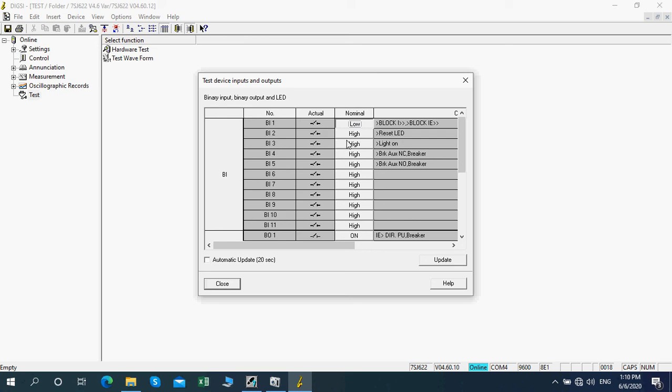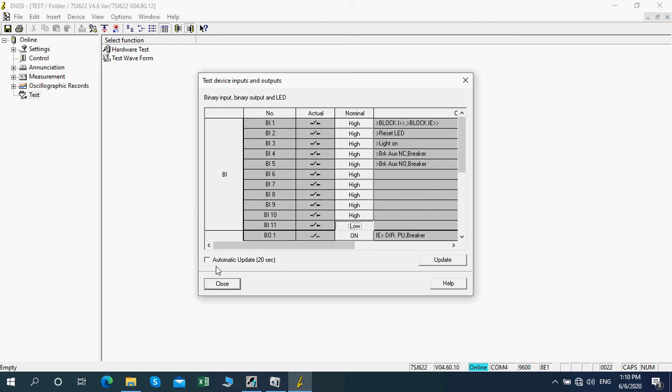When you press this hardware test, on the backside of the relay you can keep the multimeter and you can see the transition, open to close, close to open. You can use the buzzer mode and check one by one. So this relay has 10 binary inputs. Okay, for example binary input 11, I just click it, the relay input will close, then you can identify whether this is working well or not. Okay, it's closed, so I want to open it. This is only a hardware test.